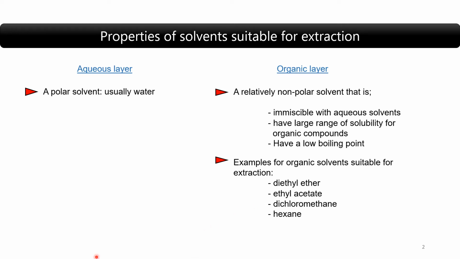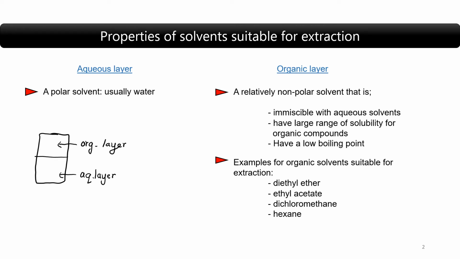When we have these solvents mixed together, how do we decide which layer would be on the top and which layer would be on the bottom? It will depend on the density of the solvents. So the solvent that has a higher density will be the bottom layer, and the solvent with a lower density will be on top. Often, the aqueous layer is the bottom layer, and the organic layer